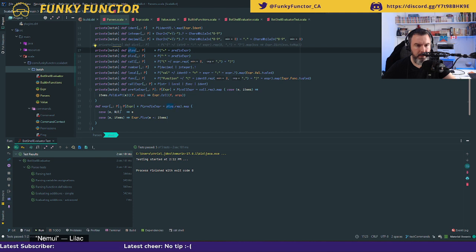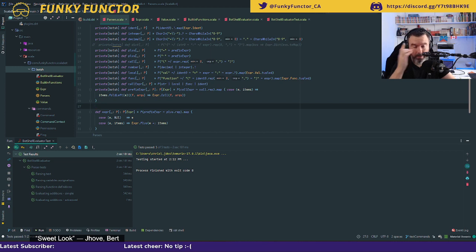So in expression, I've got this prefix expr appended to plus rep. If rep is null, then I return e. Let's do a plusExpr.